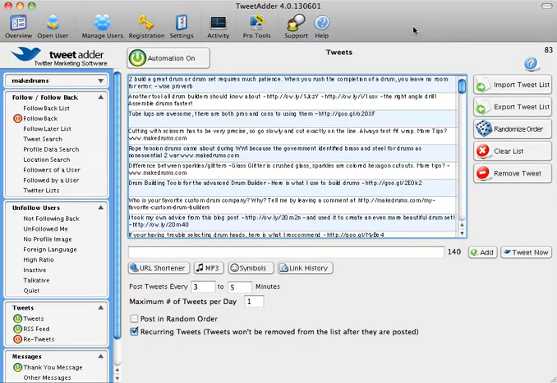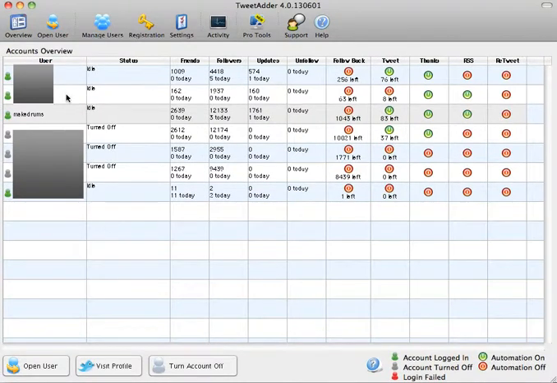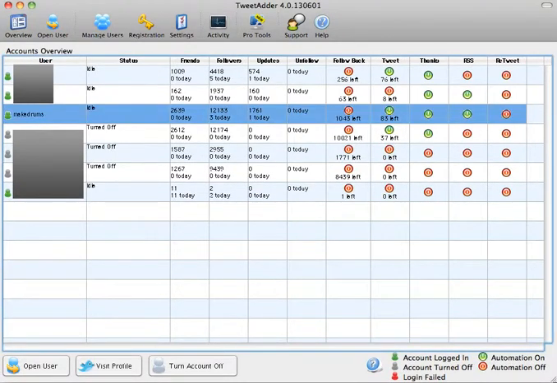So in this video I'm going to talk about a program called TweetAdder that I use personally to automate my Twitter accounts and to generate traffic to my website. And real quick, we'll go to the overview, and when you log in you'll be brought to this page, and it can show you, as you can see, I have 7 different Twitter accounts right now that I'm actually using this program on, and it's kind of like the little dashboard area